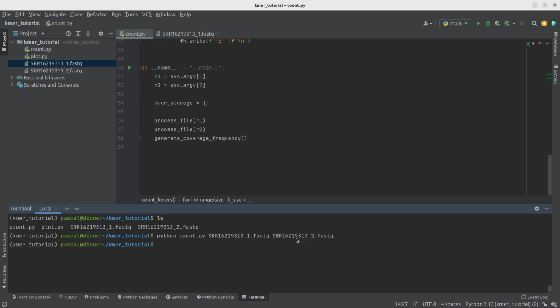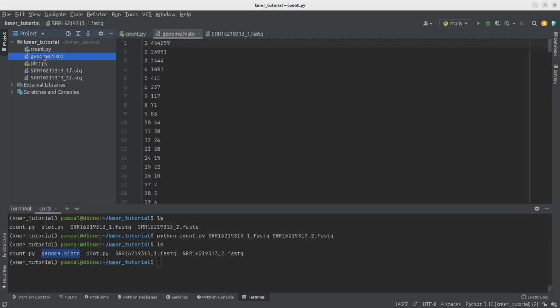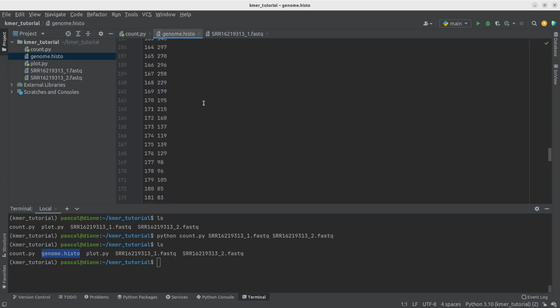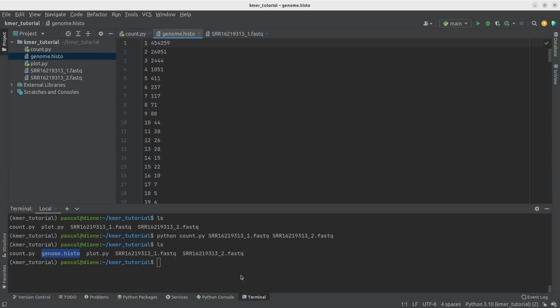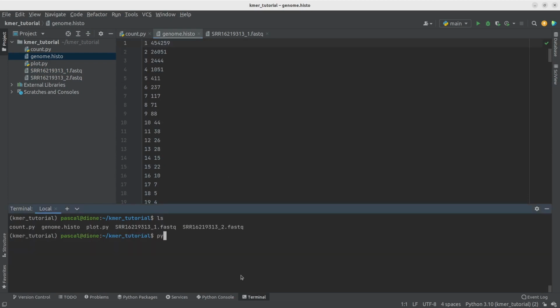All right, it is done. It worked, no failures. You can see here that we have the genome histo file. We can actually go here and take a look. It looks exactly like the Jellyfish output. And we can make sure that it works by running our plot script from the previous video. So Python